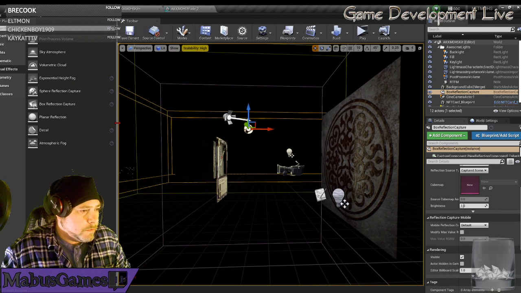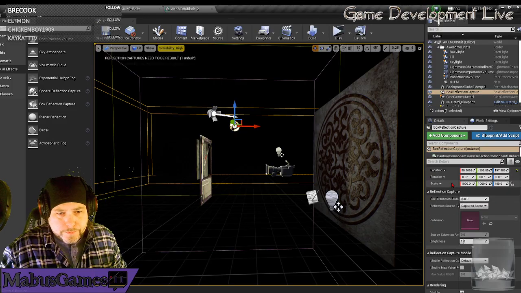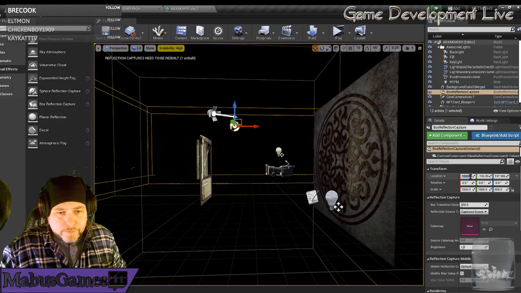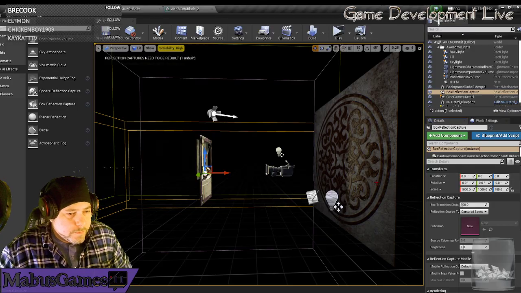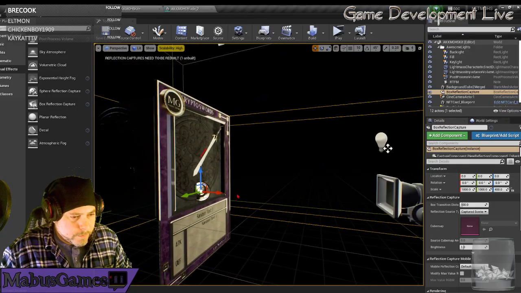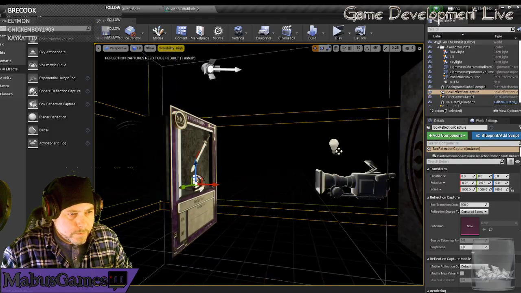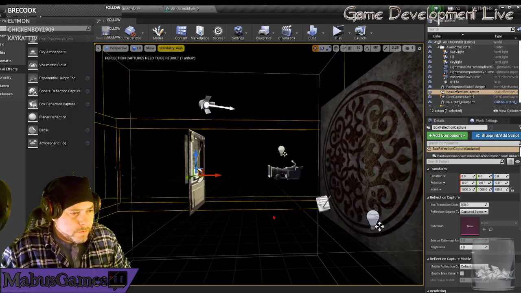Yeah. And zero that. Zero it? Yeah, it's transform. Its position, its rotation. Because you've got all these random numbers, you don't need that. Okay. The scale is fine, I think. But we'll see in a minute. And if you could...